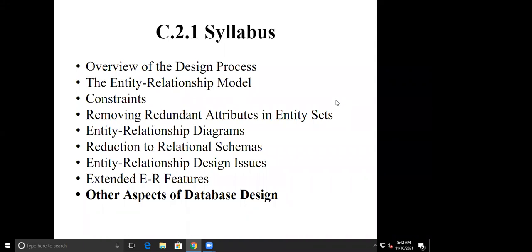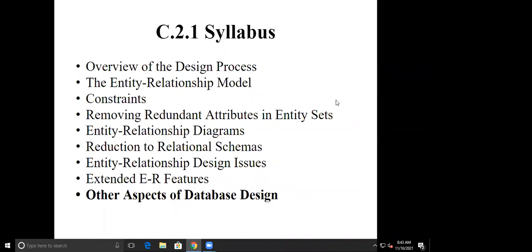Next, we saw the entity relationship model. This is a data model which is used for the graphical representation of users' requirements. Entity stands for a real life thing which can be differentiated from one another. If all the things have the same set of properties, then we can say this is an entity set. For example, a group of persons can form an entity set of person, where each person has the same set of properties so that they can be differentiated.